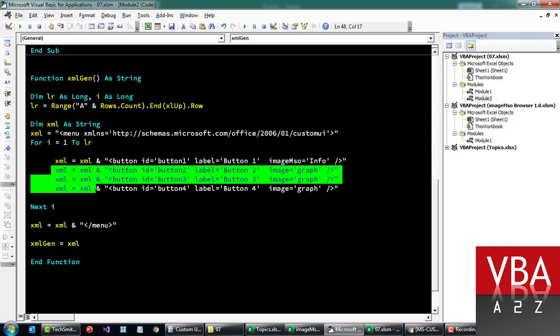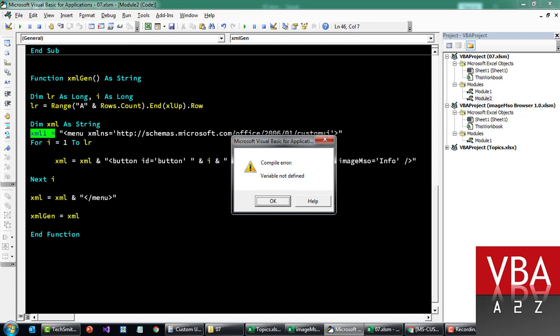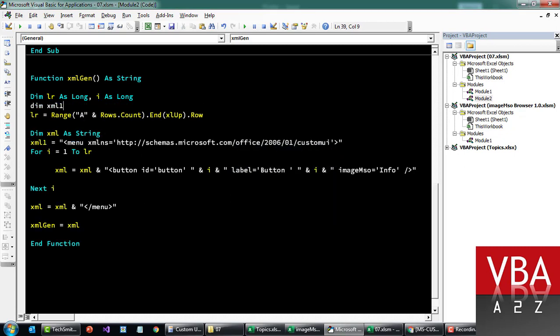Now instead of this, let's differentiate this first, and instead of button 1, we're gonna use this I, and then for the label as well, like this string,